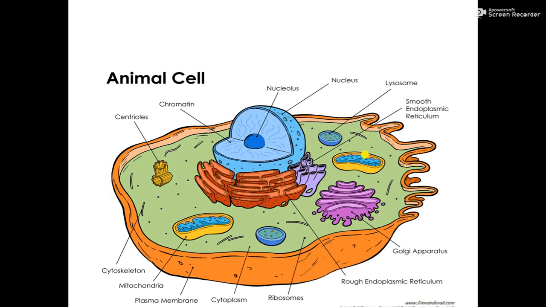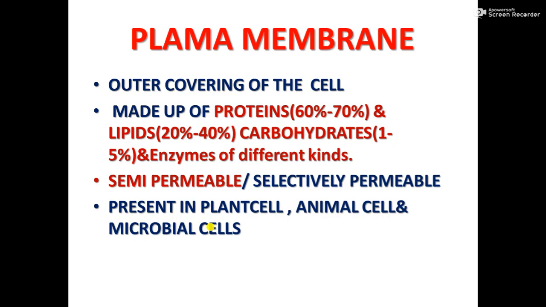See, an animal cell, animal cells do not have cell wall. An animal cell does not have a cell wall. So cell membrane is the outer covering, then this is the protoplasm, which has nucleus, and the membrane bound organelles are there. So again in detail we will see it. First of all, let us see the structure of cell membrane. The cell membrane is also called a plasma membrane.